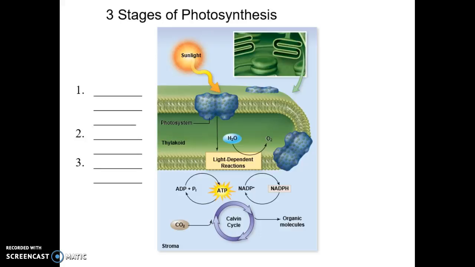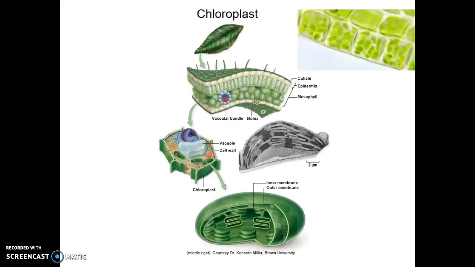But to do this pathway, the key structure is the chloroplast. It's that little green disc. It looks like a little oval down there. Chloroplasts are what give plants their green color. That's the structure. It's going to have two membranes, an outer membrane and an inner membrane. Both membranes are made up of phospholipids. So the chloroplast is very analogous or comparable to the mitochondria. It's got that membrane system. It's a unique little structure that is the powerhouse.